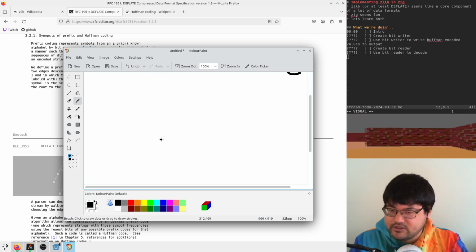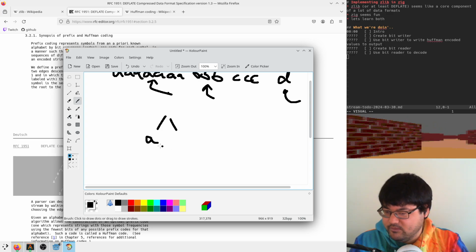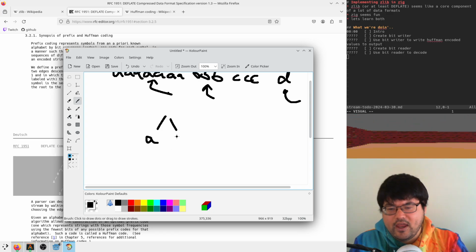And so they define this tree of data where A is the most frequent, and then maybe we're going to have